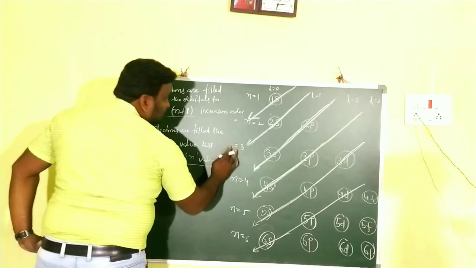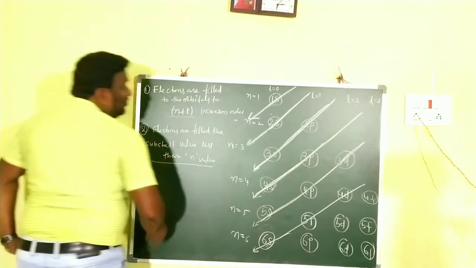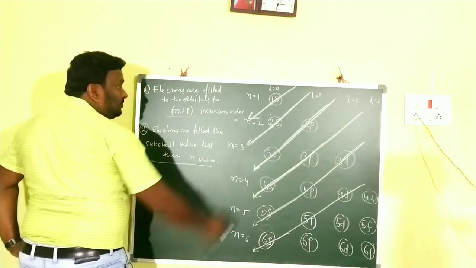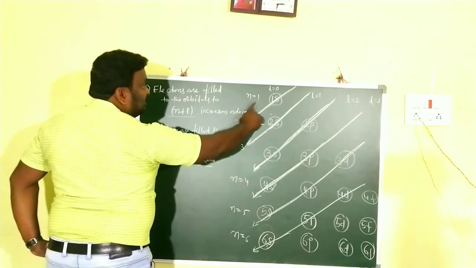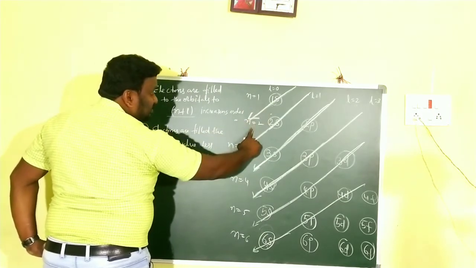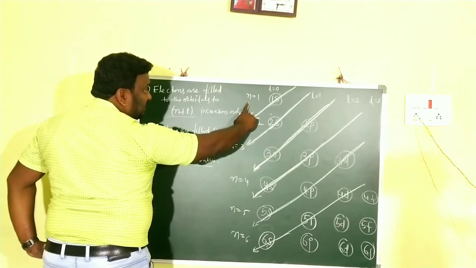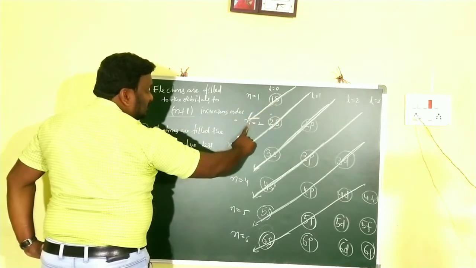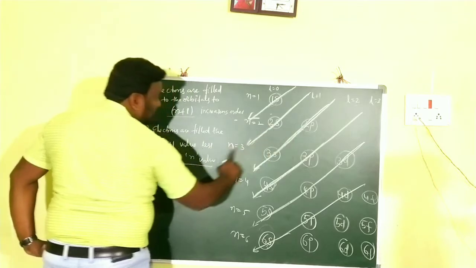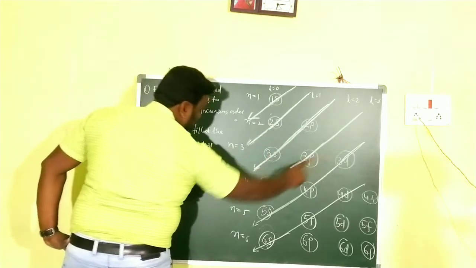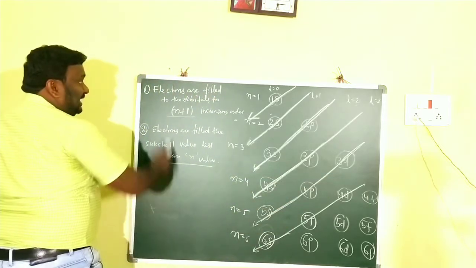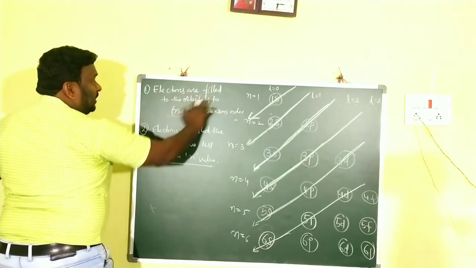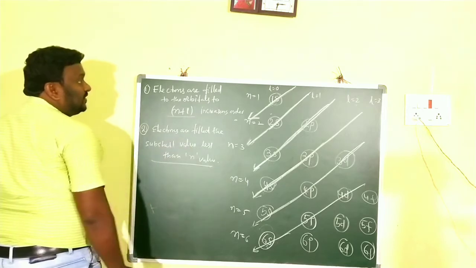Okay children, so already we have an idea about the Aufbau chart. Here n equals 1, n equals 2. In n equals 1 the main shell has 1s, n equals 2 has 2s 2p, n equals 3 has 3s 3p 3d, n equals 4 has 4s 4p 4d 4f like that. So electrons are filled to the orbitals in n plus l increasing order.